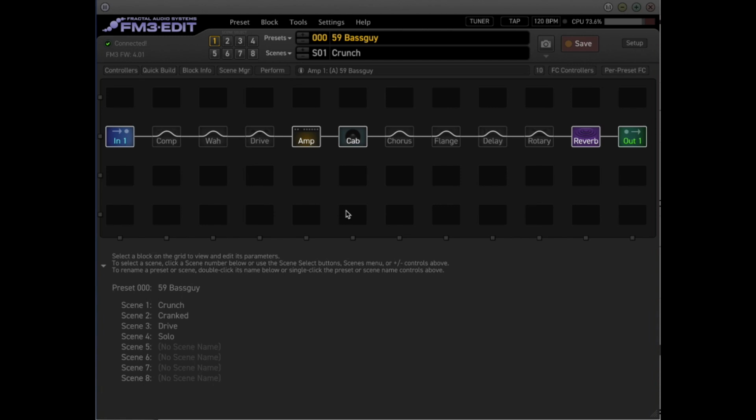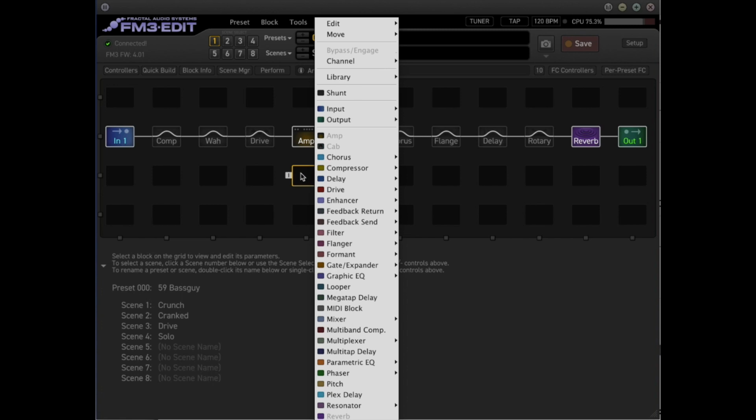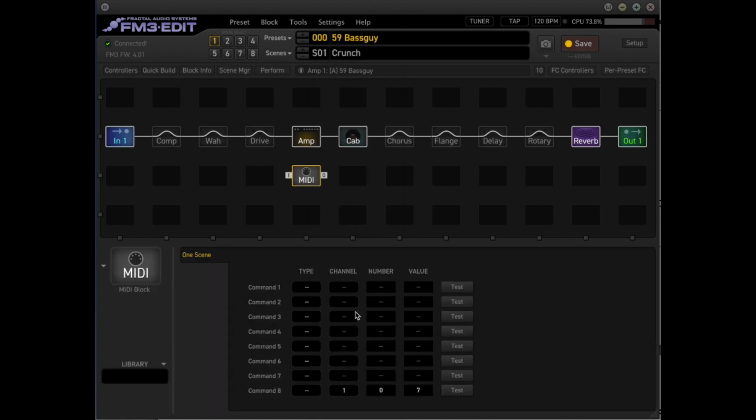So we're going to just work with the factory presets here, and the first thing you do is take an empty box here, it doesn't matter where, and add the MIDI block to it. It doesn't actually need to be connected to anything because it's not in the audio path at all. And so now what this allows us to do is specify which MIDI commands the FM3 sends when you change